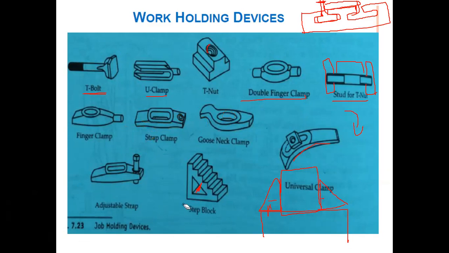The workpiece is mounted on the table, or on the base. If it is a very heavy workpiece, like in radial drilling machines, the workpiece is mounted directly on the base instead of the table. The base also has some kind of provisions provided. In those provisions you can insert these kinds of tools and fix the workpiece.